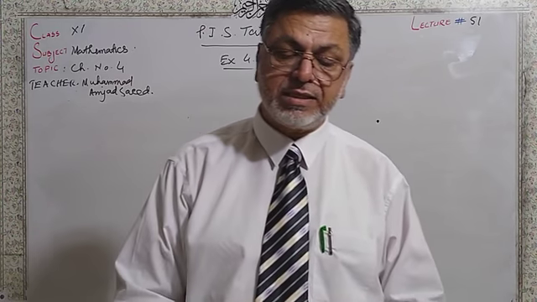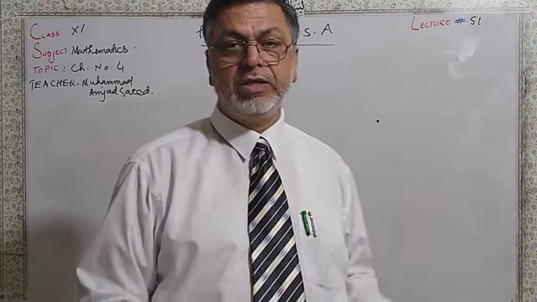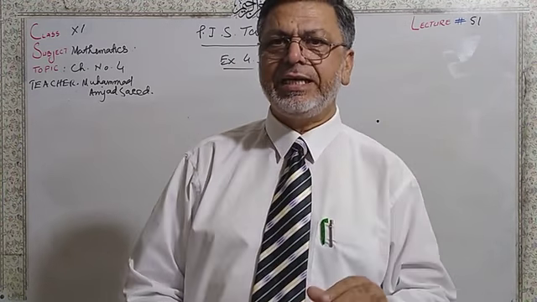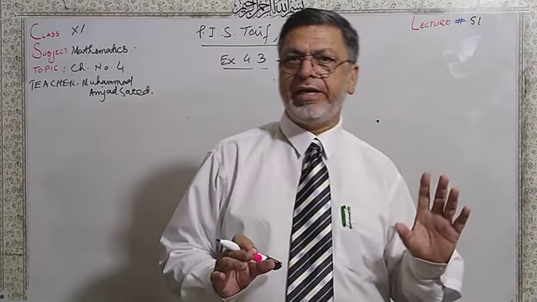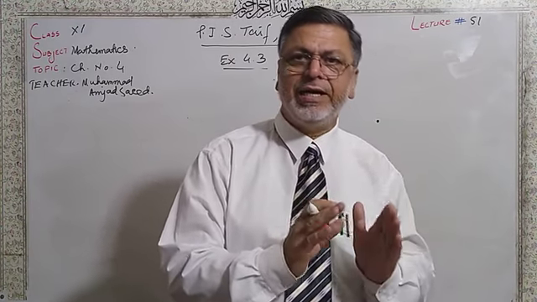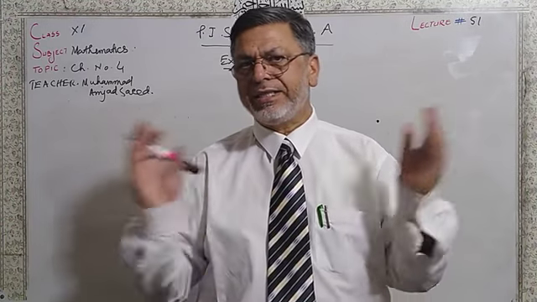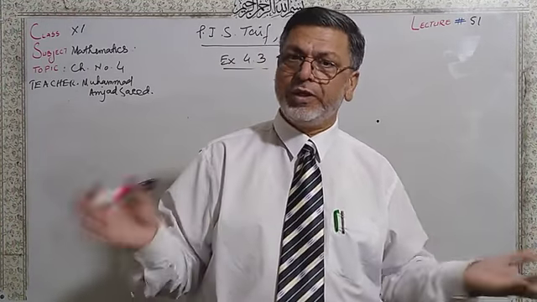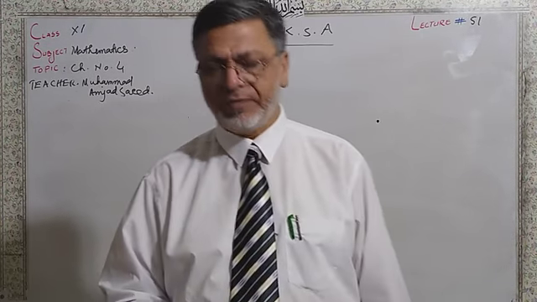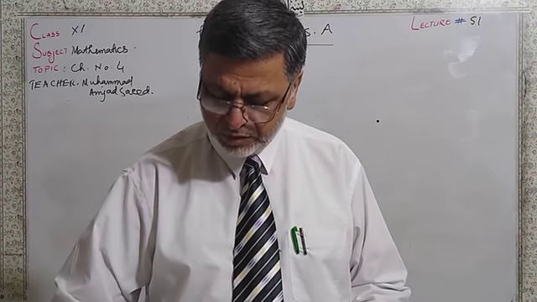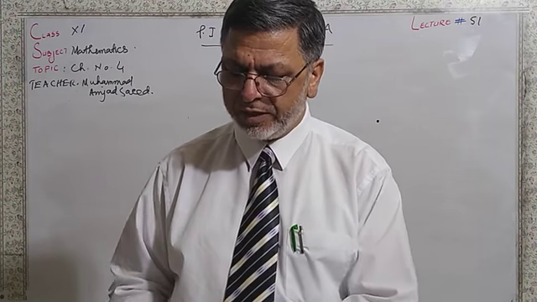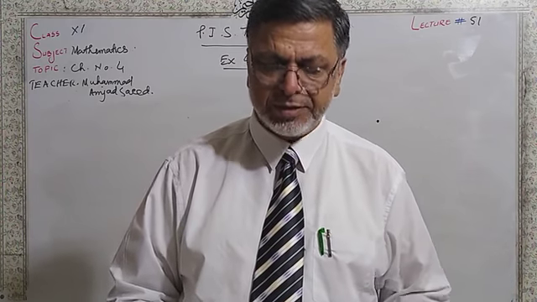Rather, you can solve question number 9 and 10 in the same way. You have to make the pairs, you have to make the factorization inside the radical sign, just like question number 8, and then take the common and bring them on left one side and take common and split this multiplication into two equal parts. So in this way you will find your required values of x. I hope that you can do it easily, and if you have any problem or confusion, you can contact me. Inshallah we'll do it.